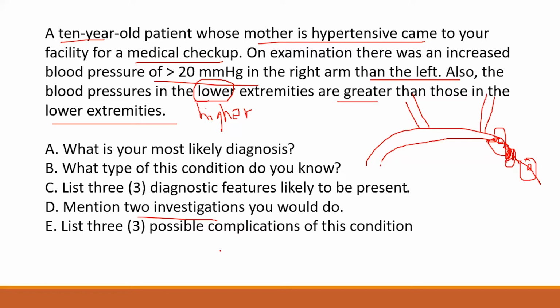chylothorax. So this is a lymphatic flow disorder, which of course can affect the lungs and the chest wall. Good. Then we can also talk about